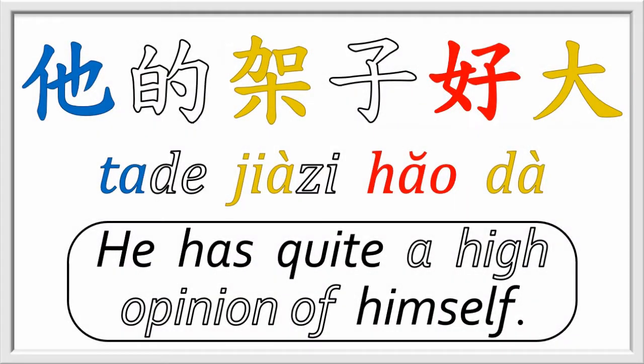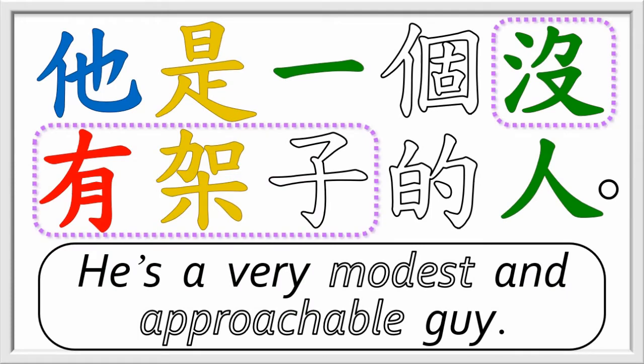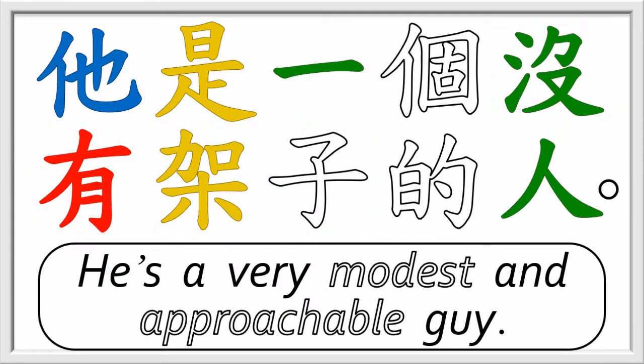他的架子好大. He has no small opinion of himself, very self-important. And its opposite. 他是一个没有架子的人. He's very unassuming, a very approachable type of guy. Because 架 refers to constructing a bridge from both sides at one time, 架 also implies the use of